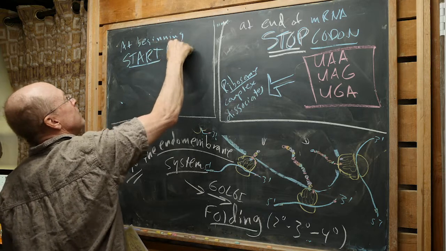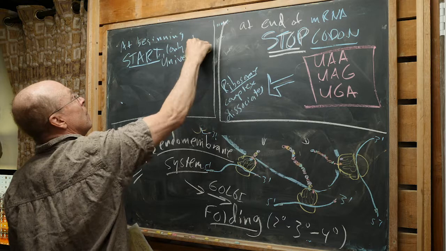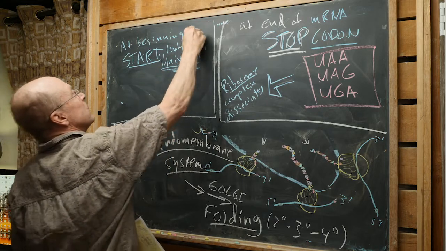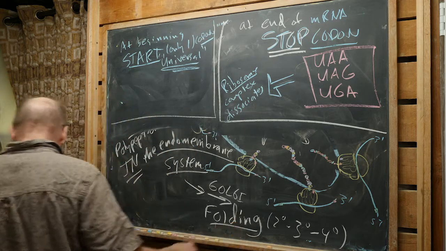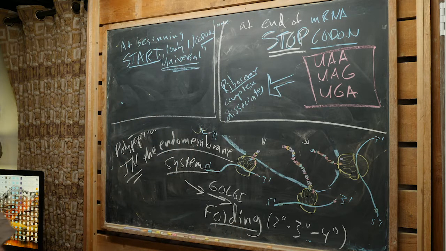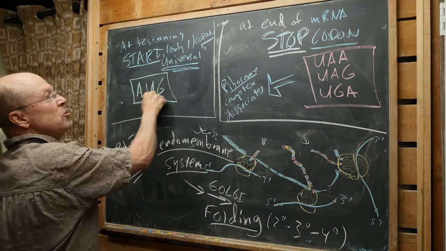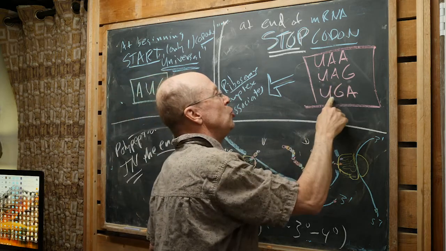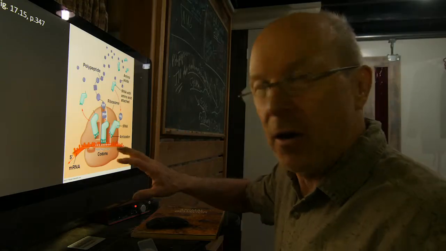There's only one, so we call it universal, and that start codon is AUG. So AUG, green light for start; UAA, UAG, UGA for stop. So here we sit,